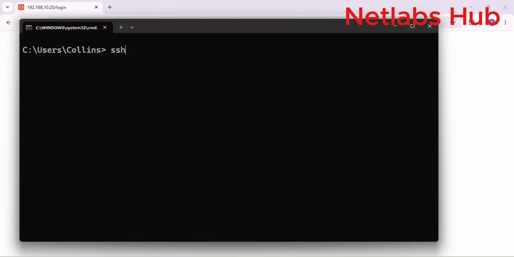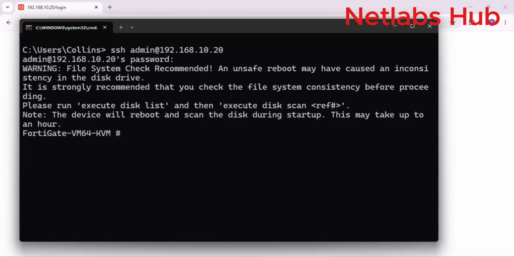So I will use SSH space admin, then the username, then the IP address. The IP address, remember it was that. The moment you type the correct IP address, it will prompt for a password. Once you enter the password, you see,